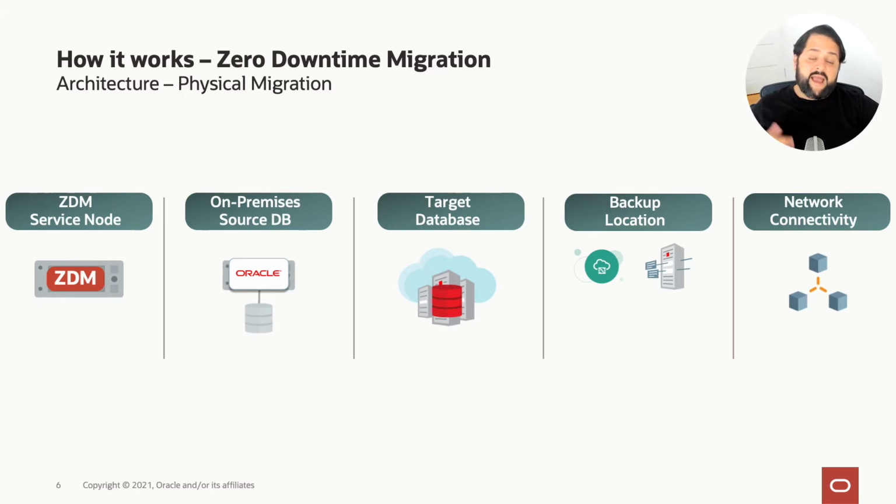Physical migration can migrate to Exadata on premises, actually. So beyond cloud migration, it can migrate to database cloud service, both bare metal and virtual machines. It can migrate to Exadata cloud service and Exadata cloud customer as well. Now, we use a backup location to migrate with the physical migration. So when you're migrating to an OCI native database, you would be using the object store. But if you're migrating, let's say, to Exadata on premises or Exadata cloud customer, then that backup location would be NFS or the recovery appliance.